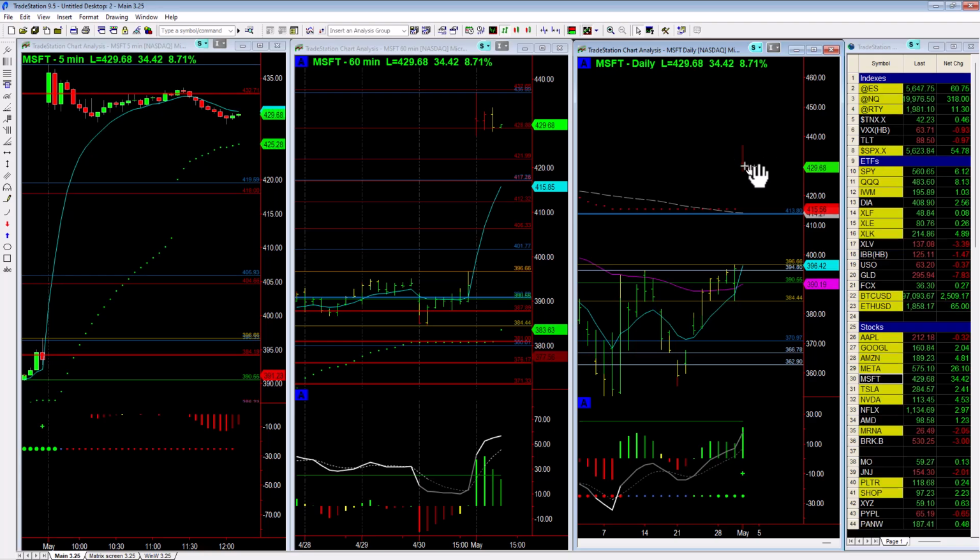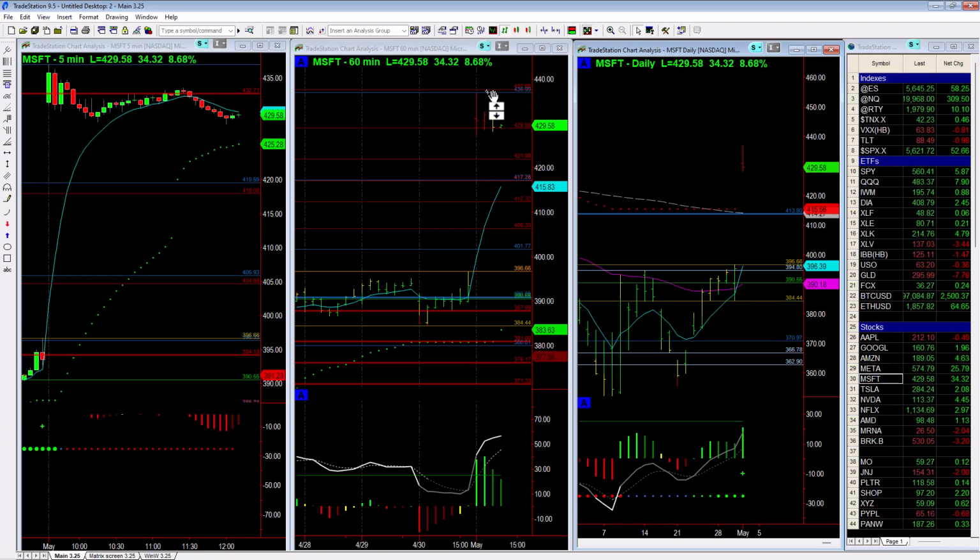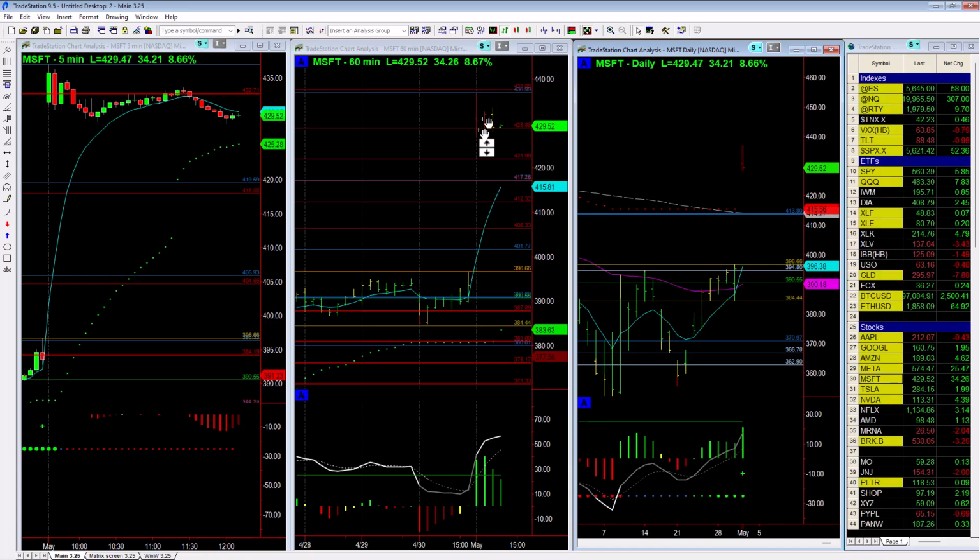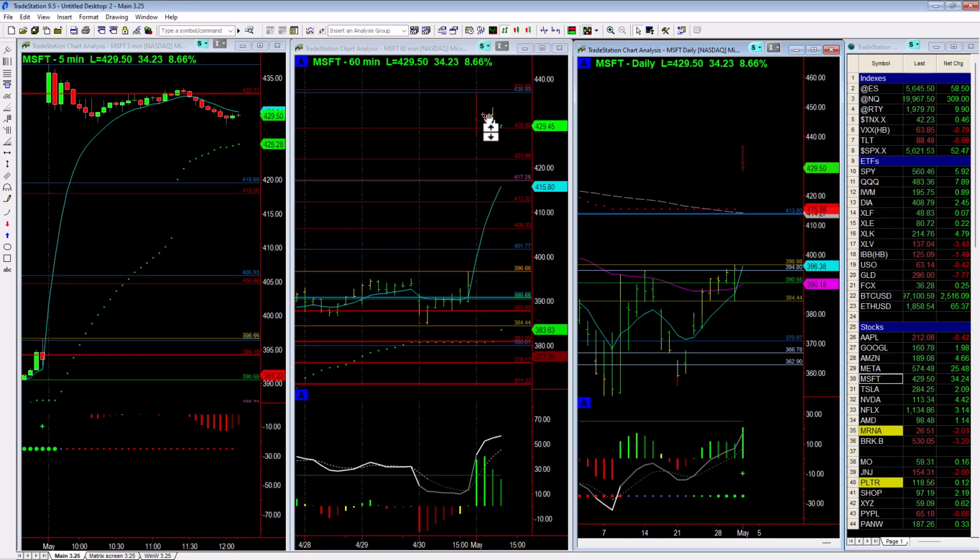Now, you could scale that down and use that same philosophy on the hourly chart. The first hourly bar is the first set of trades. If you get more buying, you're going to get a higher high, a break above the first hourly bar's high, and then you go ahead and enter a bullish trade. But you notice we didn't get that. We got an inside bar and another inside bar, and we're drifting around. So it's not the most bullish price action overall.